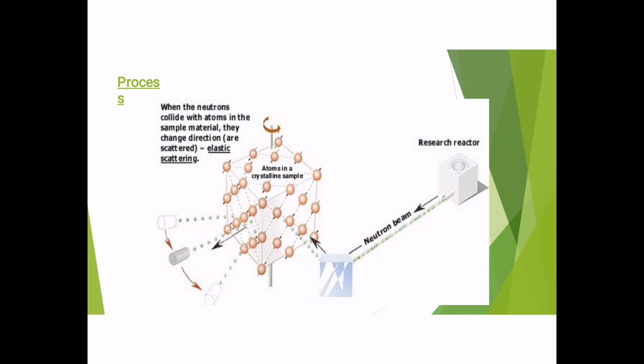Next, we have a schematic diagram showing, at the right of the slide, a research reactor which produces neutron beams. These neutron beams fall on a crystal or powder sample, and after striking the sample are scattered at different angles and form diffraction patterns. After scattering from the atoms present in that sample, these are collected by the detectors, and then after collection of the neutron diffraction pattern, different kinds of software are used for the determination of the structure of a crystalline sample.